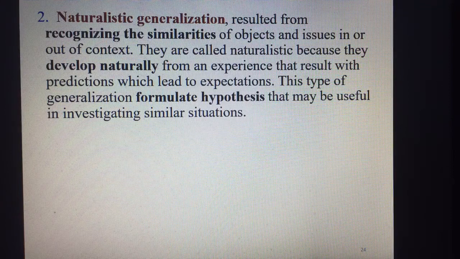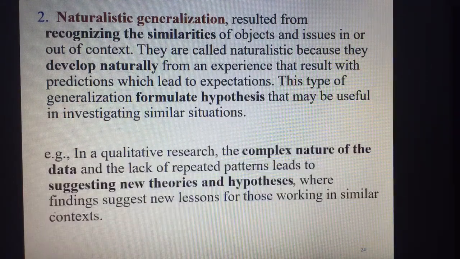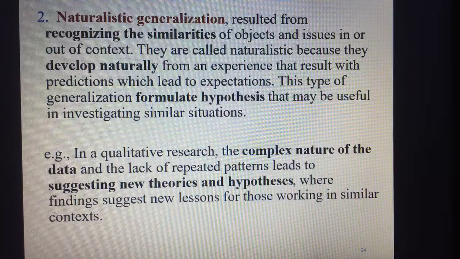This type of generalization formulates hypotheses that may be useful in investigating similar situations. And of course, here's an example. In qualitative research, the complex nature of the data and the lack of repeated patterns lead to suggesting new theories and hypotheses where findings suggest new lessons for those working in similar